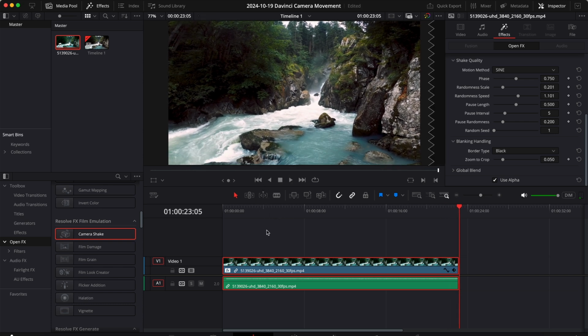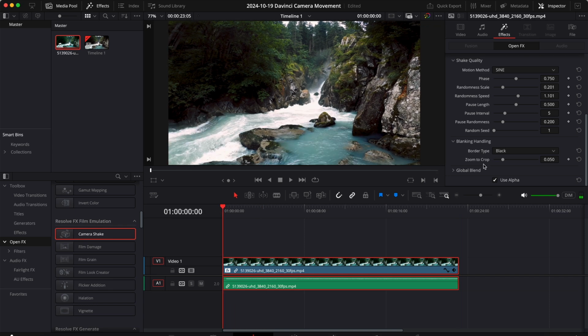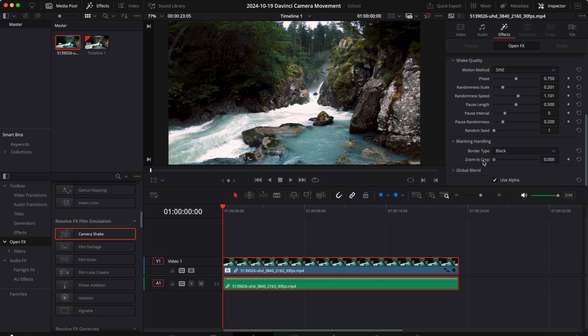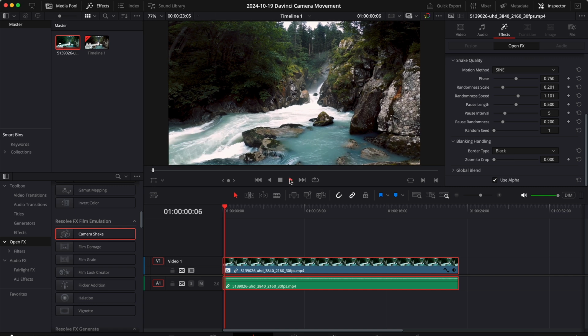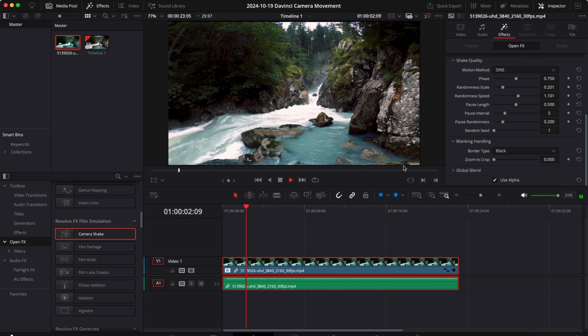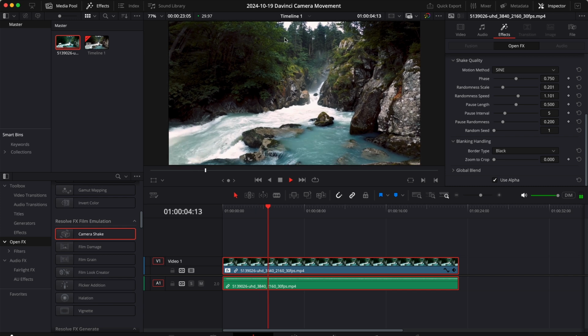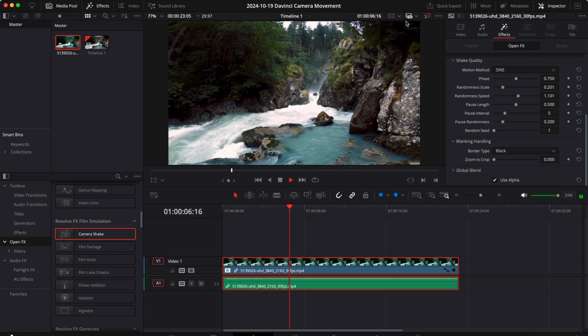Last but not least, if we want to have the best result, what I like to do is to avoid the zoom to crop. So basically, instead of letting DaVinci crop in on our video, what I like to do is to change the border type. So right now it's set to black, and if I hit play, you will see that there is like a black edge. So basically the clip is moving, and whenever the clip is out of frame, there is like a